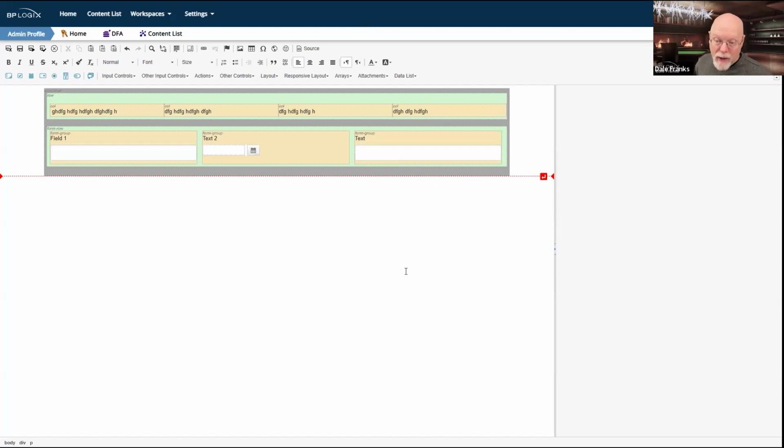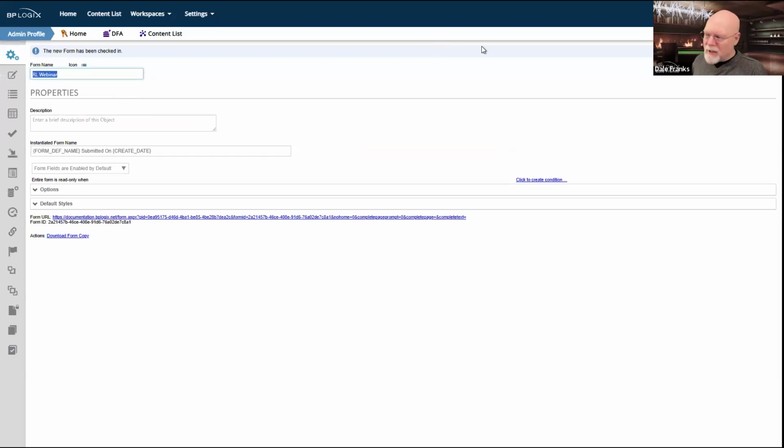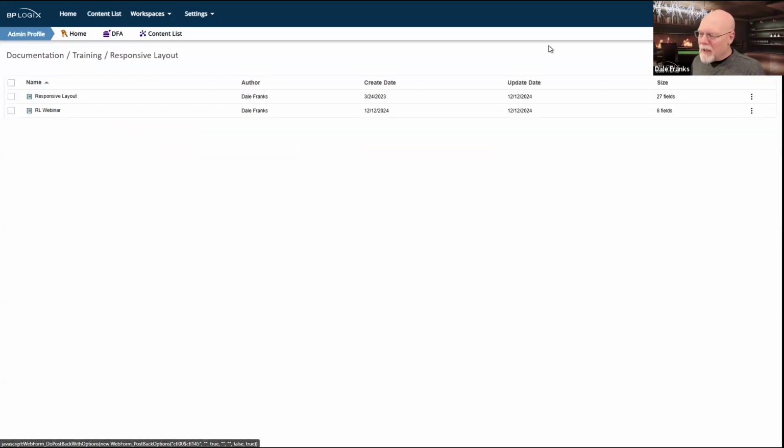You have to know the framework and you have to work within the constraints that are available in Process Director. Now, if you're happy with that, you go to town on responsive layout controls. In fact, we try to give you a little bit of a head start on that. I've saved this form. I guess I didn't really need to save it, but having done so, I might as well complete saving it.